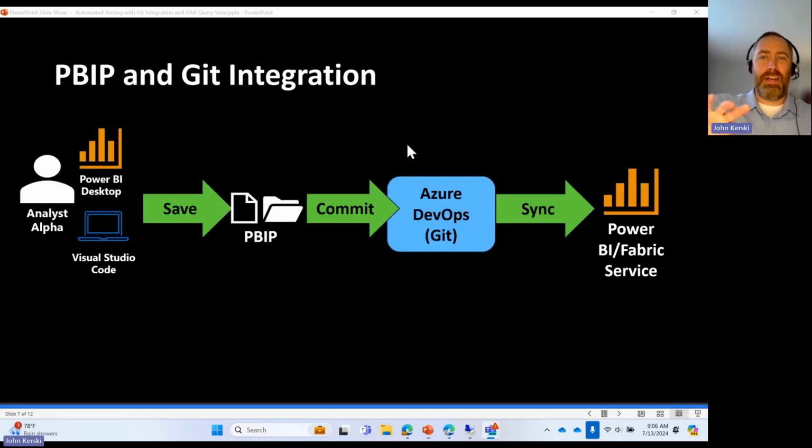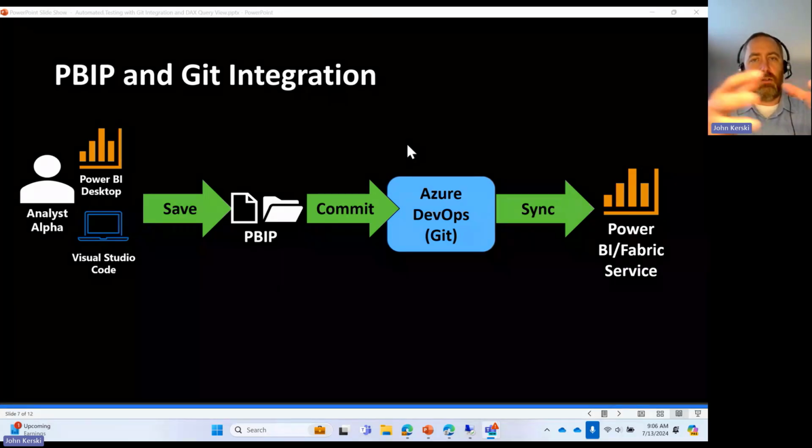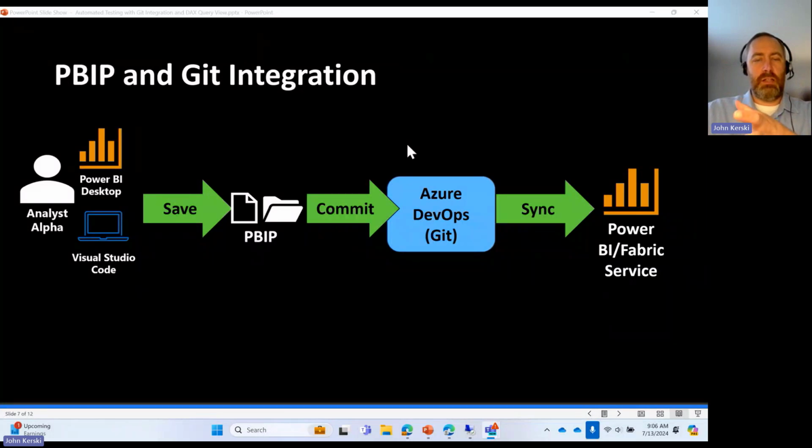All right, so before I switch over to another screen and show you the individual pieces, I always like to show a picture so you can see in your mind where each of these demo components that I'm going to show you fit. So if you look from left to right on your screen, imagine that you're working with Power BI Desktop and Visual Studio Code. If you save your files to the Power BI project format, it saves it in a bunch of folders. And then with Visual Studio Code, you can commit that to Git, and all those test cases are going to sit there, and you can sync that with the Power BI service. All right, so I'm going to switch screens here,